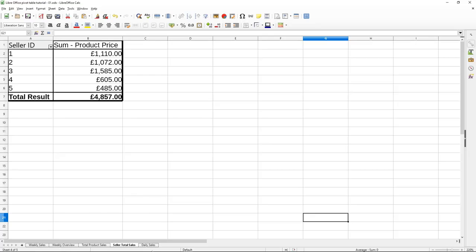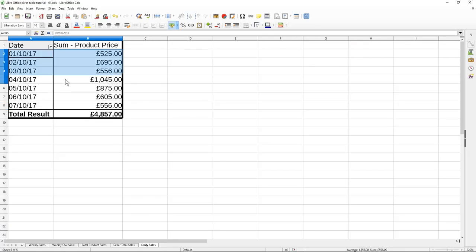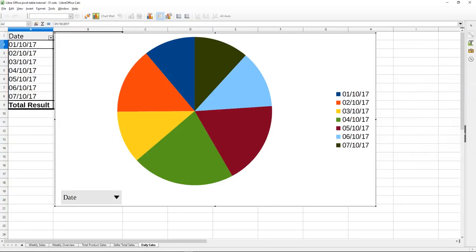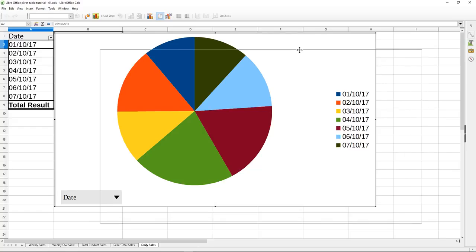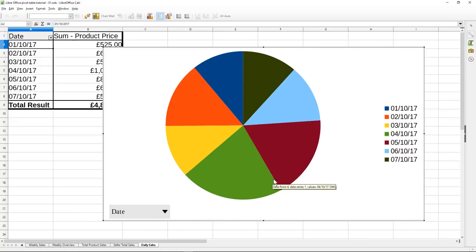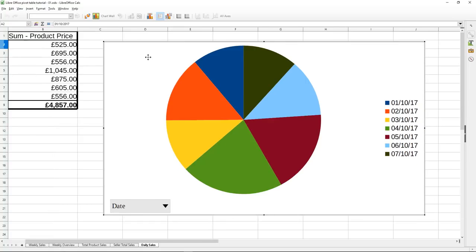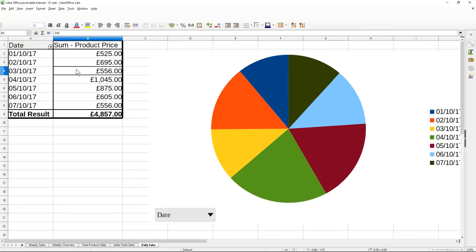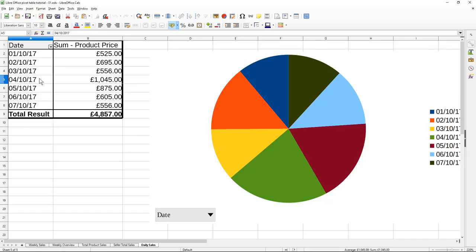And you can create charts on all of these different sales. You can do one on the daily sales as well. We could create another chart here. Maybe we'll create a pie chart this time, and then this time we can see the biggest slice goes to the green, and the green was the 4th. And we look at, let's go back here. If we look at this table, on the 4th we did the most amount of sales, so we can see that it's taken the most amount of the pie chart. Okay,